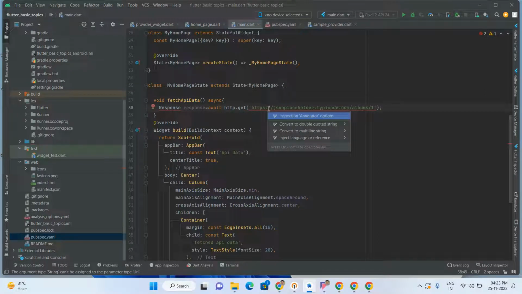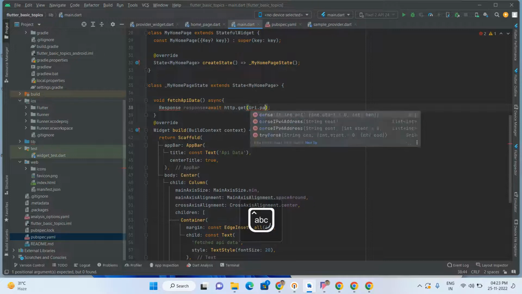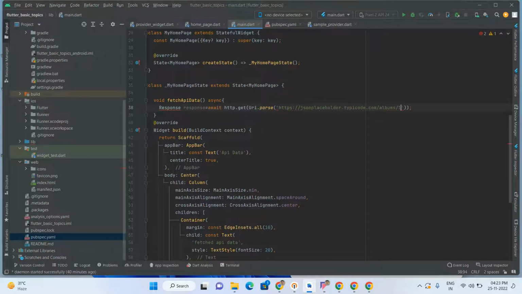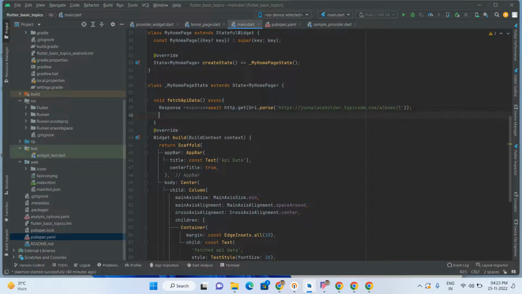You have to convert this one to a Uri, Uri.parse. So here we are getting the response. So based upon the response code,